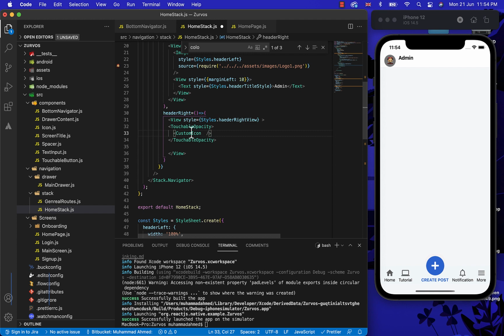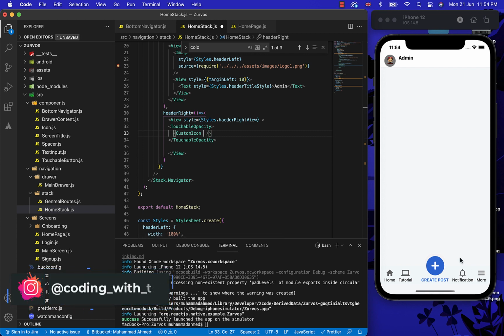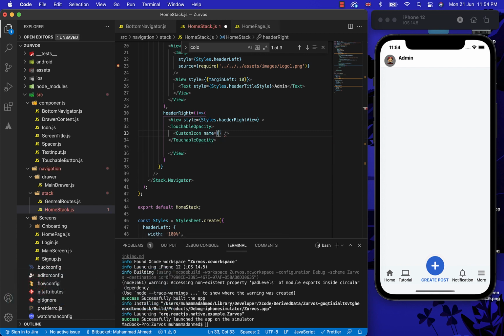Now, just give some name of the icon which we want to show on the right header.